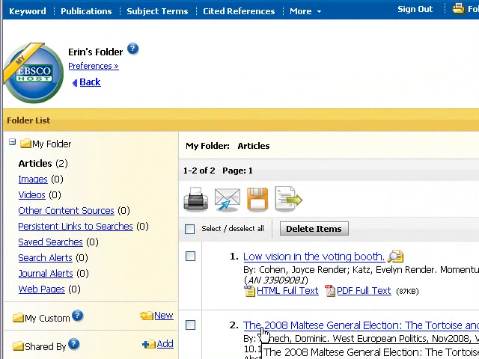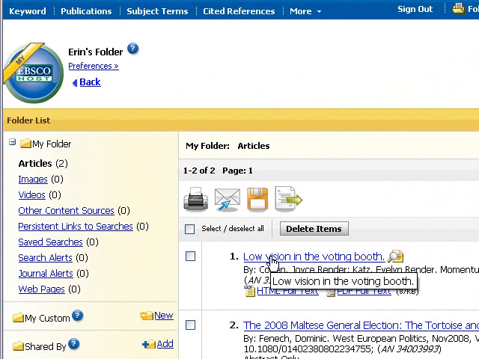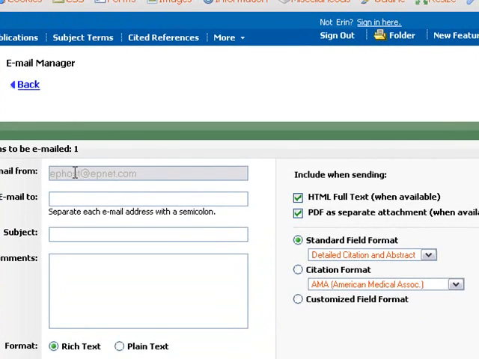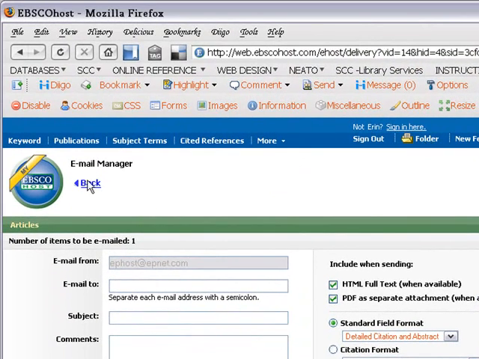Another thing you can do in the databases is email an article to yourself, which is a great way to keep track of your citations as well. So let's click on this first one that I already had in the folder, and let's say I'd like to email this to myself. Click that mail icon up there, and you can do this either from your folder, or you can do it just as you're doing a keyword search or a subject search in EBSCOhost. You would just type in your email, type in a subject,